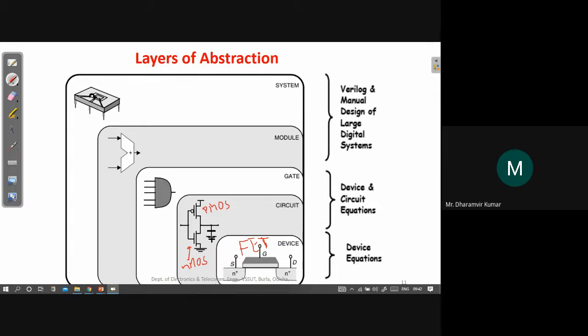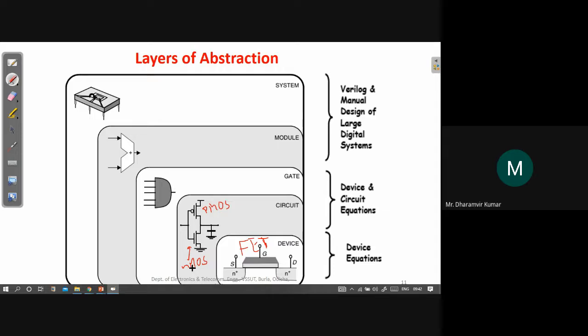So a circuit would be small in size, consisting of a few devices or a few transistors. It may be a PMOS or NMOS.